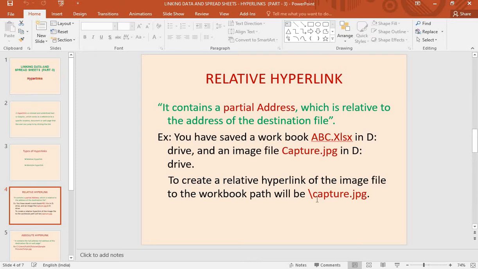Now coming to the point, see here, a relative hyperlink will look like this only. Here it shows that it is a hyperlink, but it is not displaying the full address of that link.